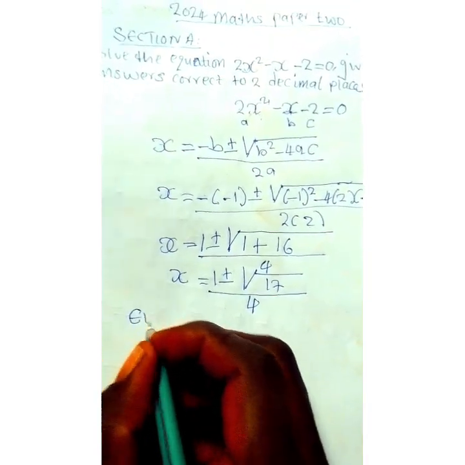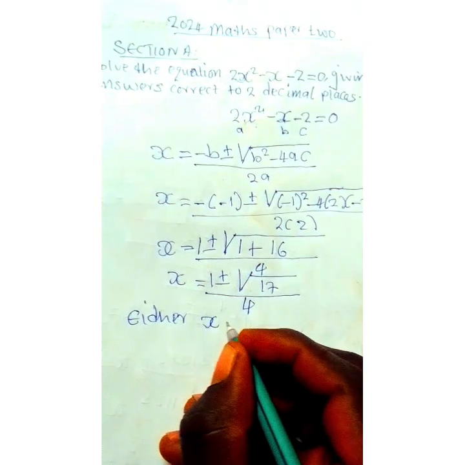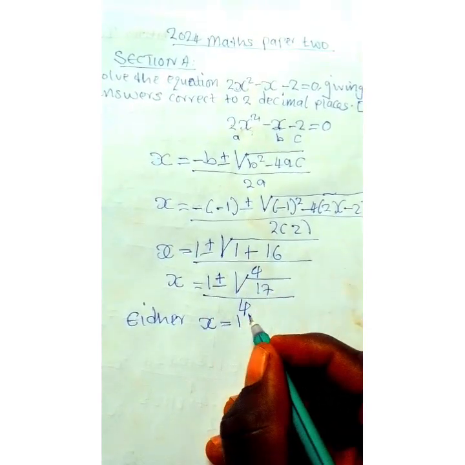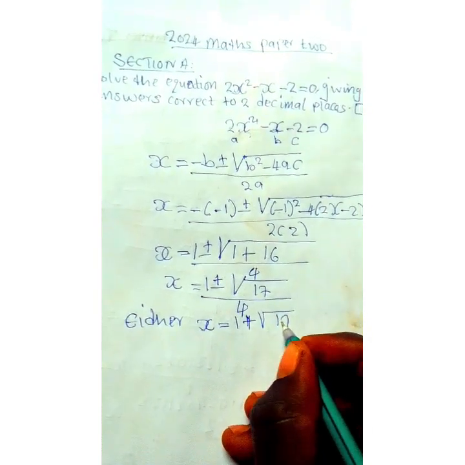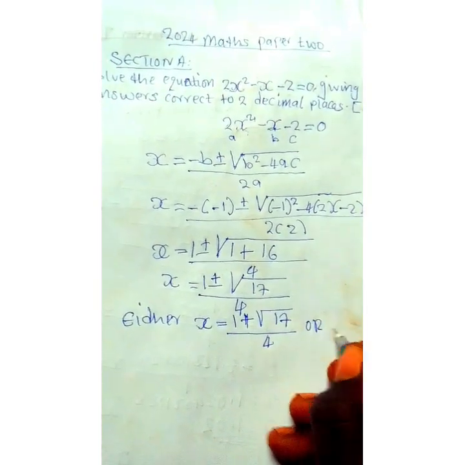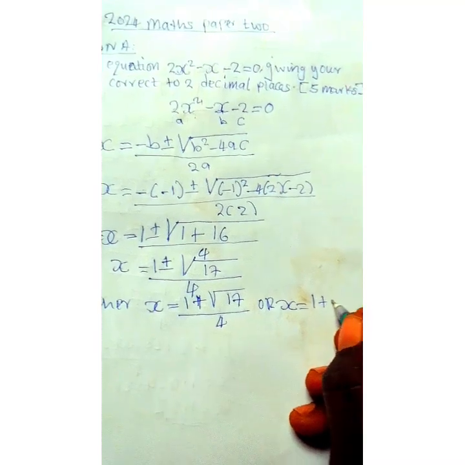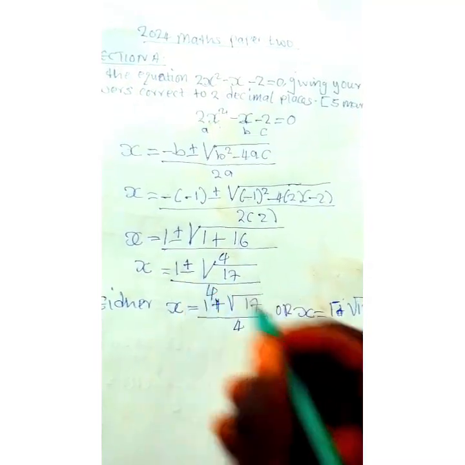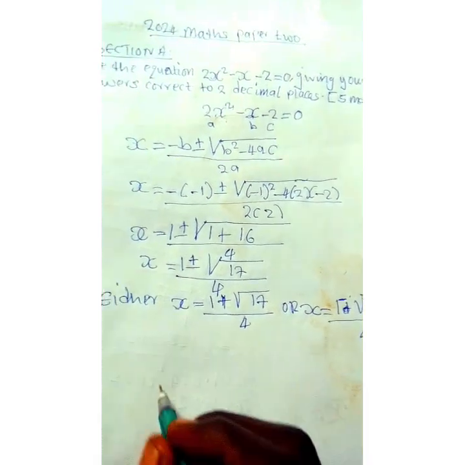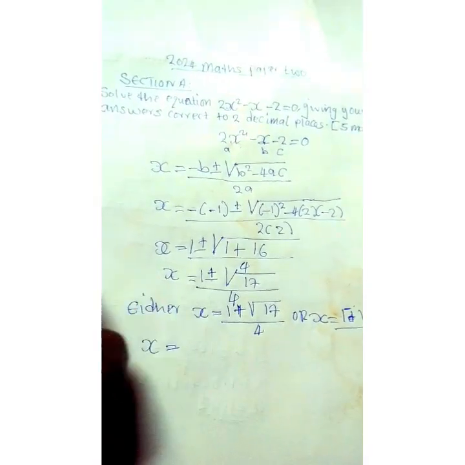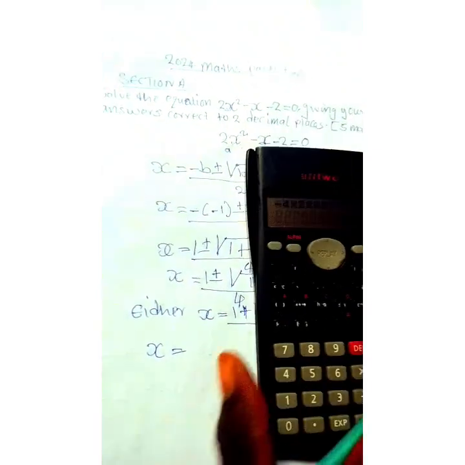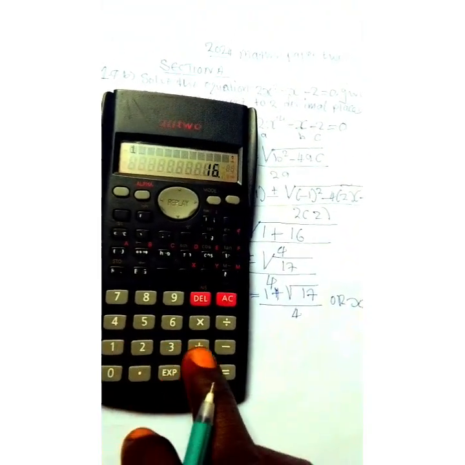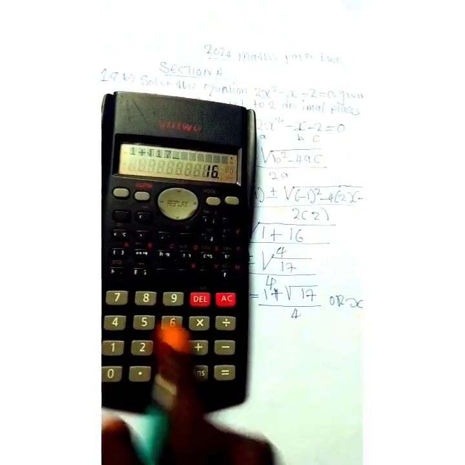So I'm going to write either x is equal to 1. We're going to start with the positive sign first: 1 plus the square root of 17 divided by 4, or x is equal to 1 minus the square root of 17, where we use the negative sign, divided by 4. So first we're going to find the numerator: 1 plus the square root of 17, which will give us